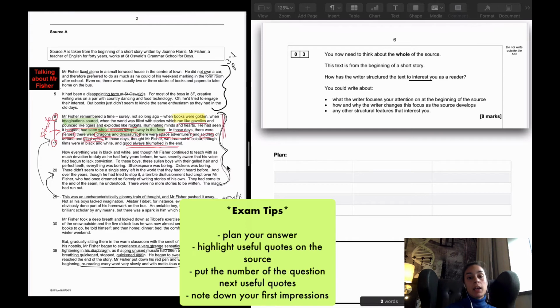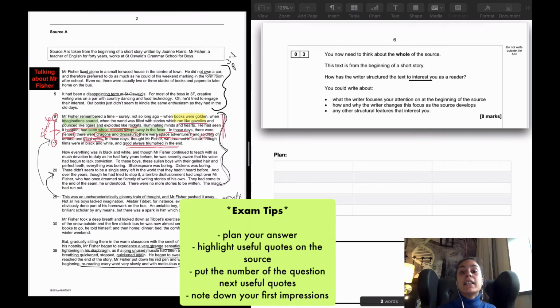You can highlight, and I highly, highly, highly recommend, like we've done with the text, underlining or highlighting sentences and quotes that you could use when you're reading through and analysing, and note down your initial reactions in the margins of the question,